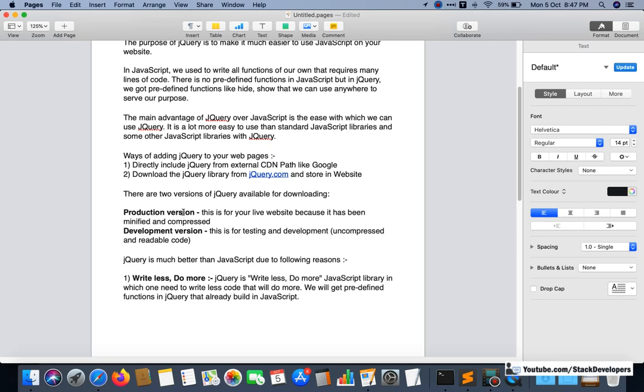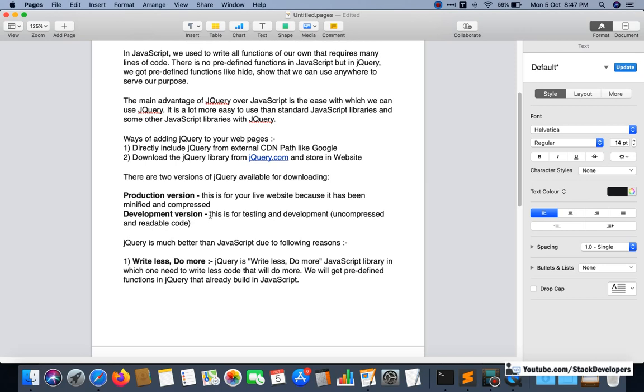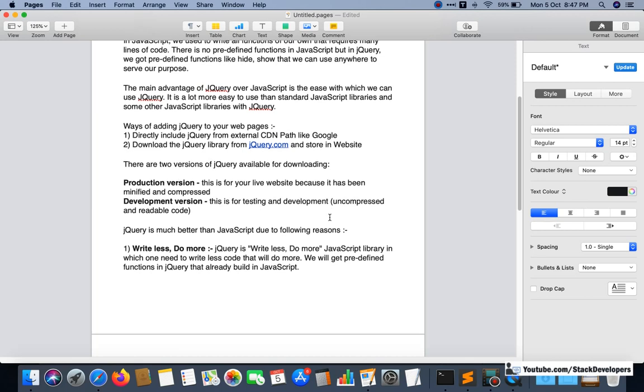It is faster than the development version because it is compressed and lightweight, so your website will load faster. For the development version, you can use the uncompressed form, because if you want to check its predefined functions, you can check those. Otherwise you are not going to check anything in your production version.